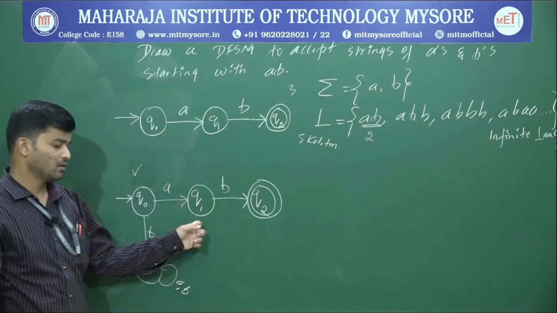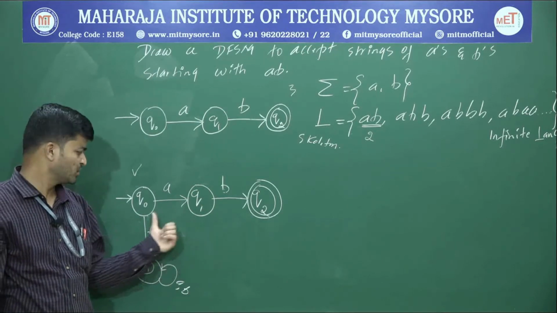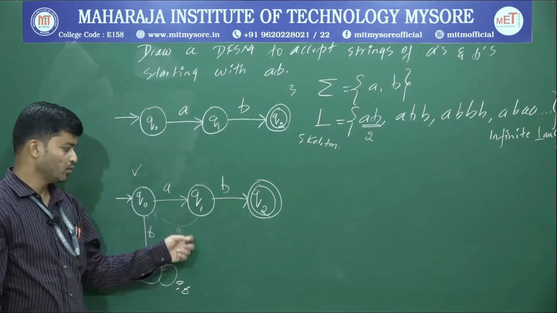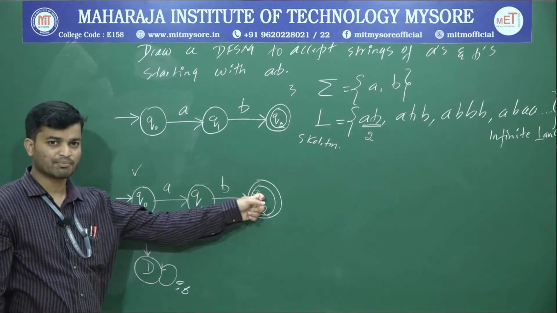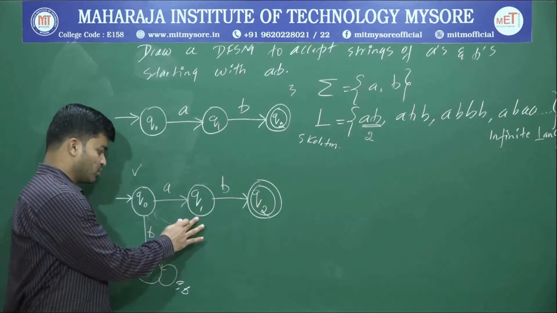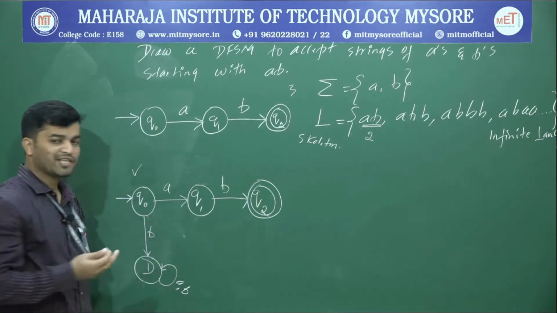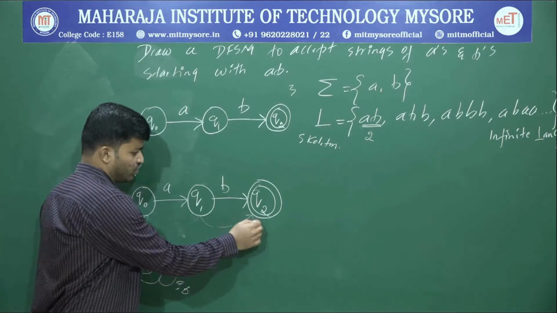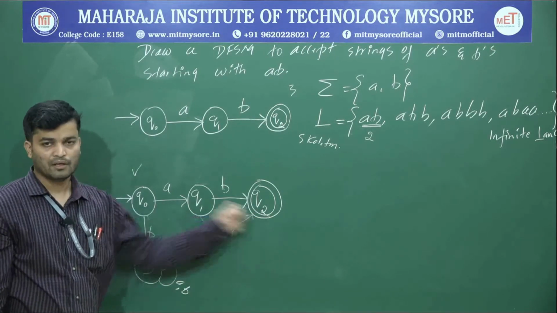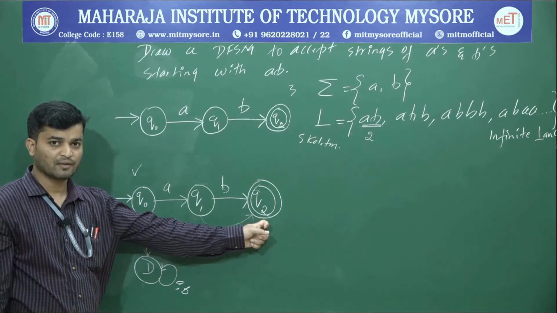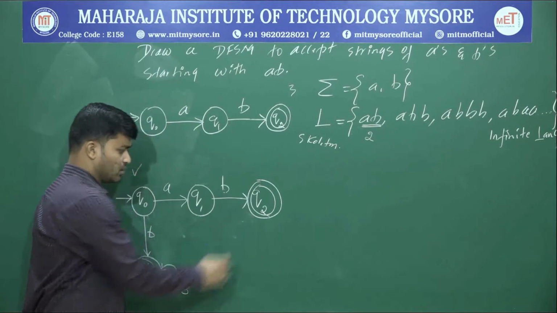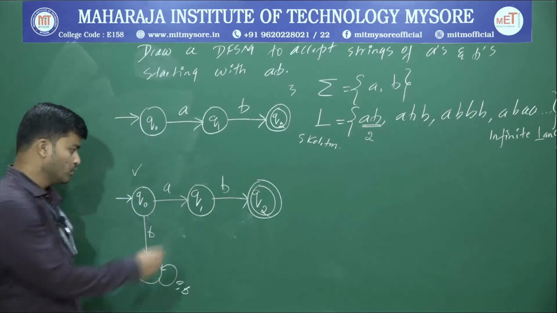Okay. So what is the next thing? Next you have to connect with the nearest state. Both are nearest states. Try to connect to Q0 upon A. So I will get 1 A, 2 A, 3 A, 4 A. Then before going to the accepting state, I will have n number of A's, then it will be accepted. Therefore, connecting to Q0 is also not a valid option. So what is the last option? You can try with Q2. If I try with Q2, what will happen? 1 A, 2 A, that will be accepted. Now it will accept AA before going to the final or accepting state. Therefore, connecting to Q2 is also not a valid option. If there is no other option, then I have to go with the dead state.